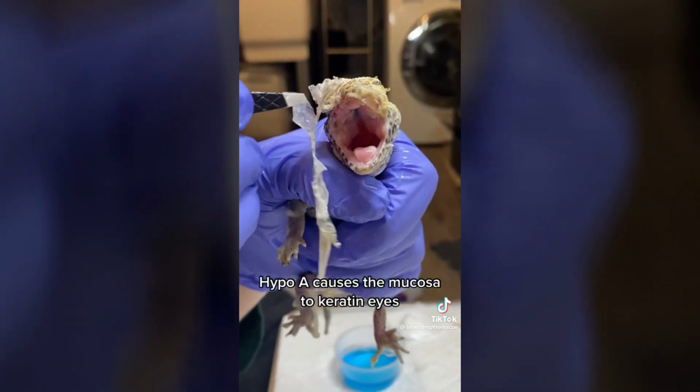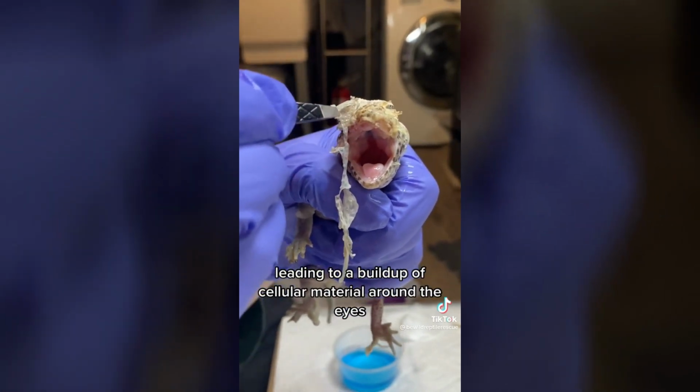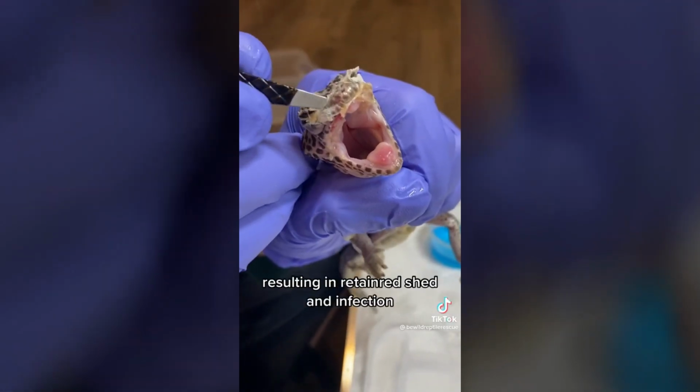Hypo A causes the mucosa to keratinize, leading to a buildup of cellular material around the eyes, resulting in retained